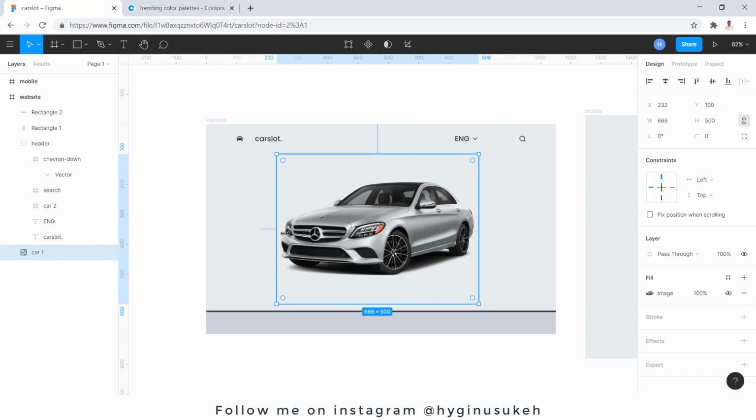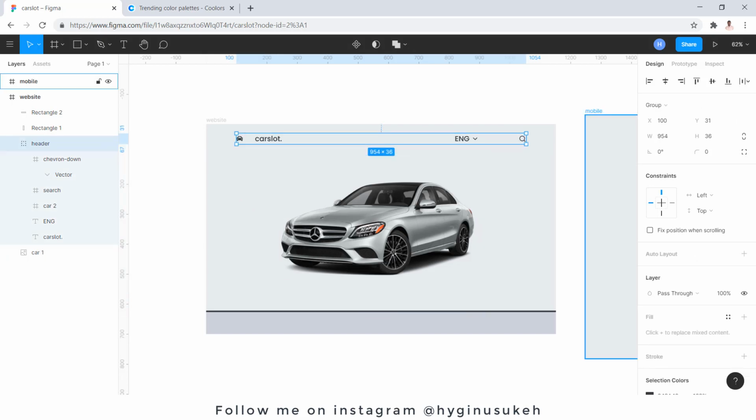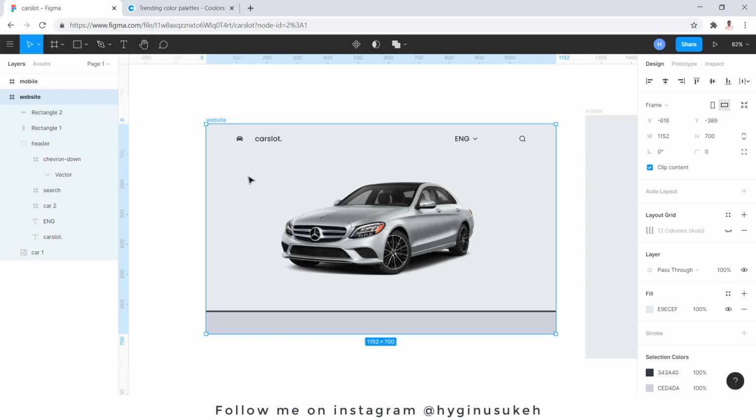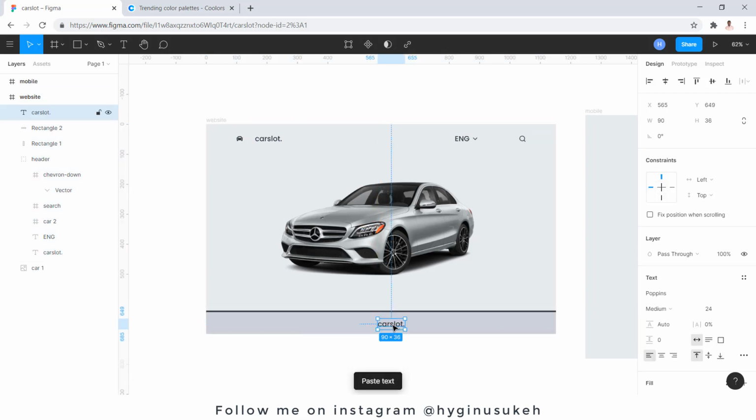So, what next? What I need to do now is more description of the text, so of the car. So we need to know what the type is, and what year it was produced, and what the mileage is, and maybe a link to see more details about the car. So what I'm going to do now is duplicate this down here, and I'm going to give this the car brand, which is called Mercedes-Benz,